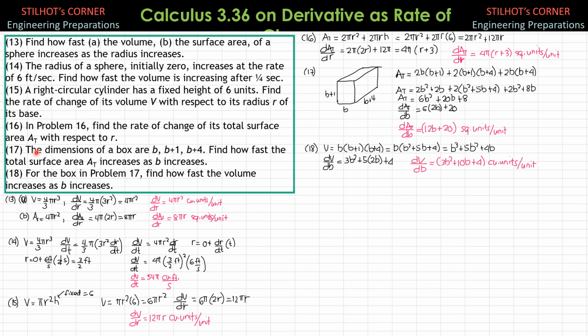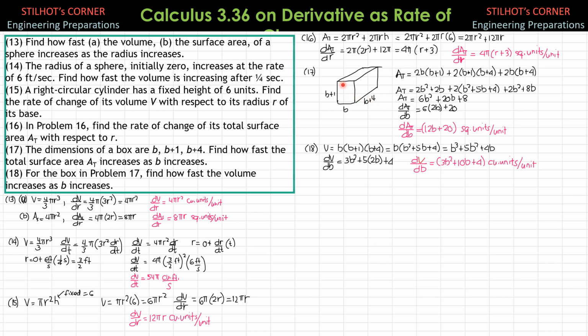Then number 17, the dimensions of a box are b, b plus 1, b plus 4. Find how fast the total surface area, area T, increases as b increases. So derivative, rate of change of total surface area with respect to b. So let's draw the box to analyze the situation. So these are the dimensions, b, b plus 1, and b plus 4. The total surface area is